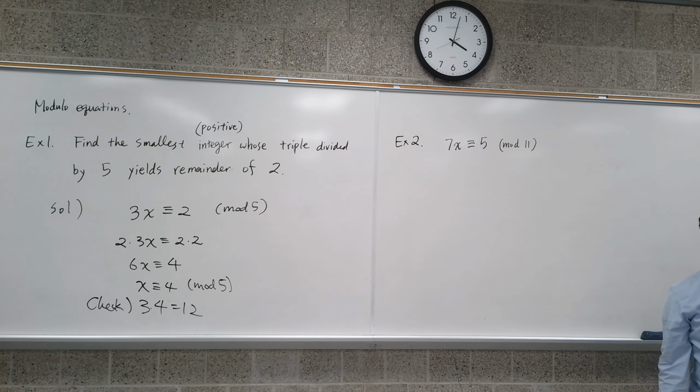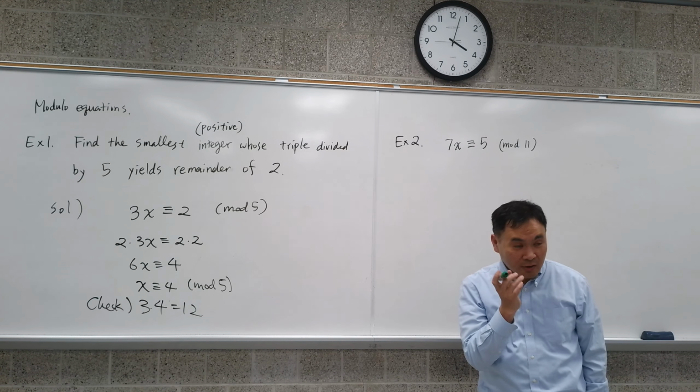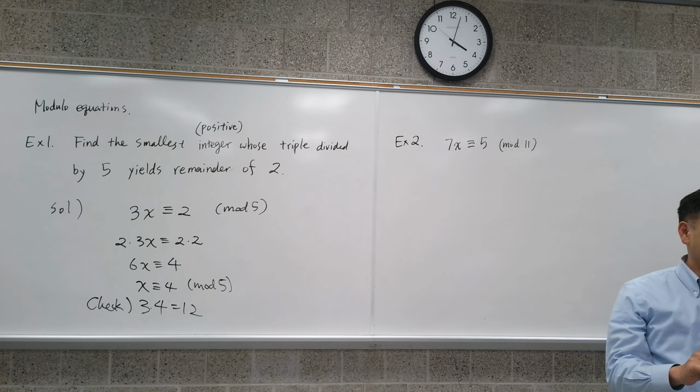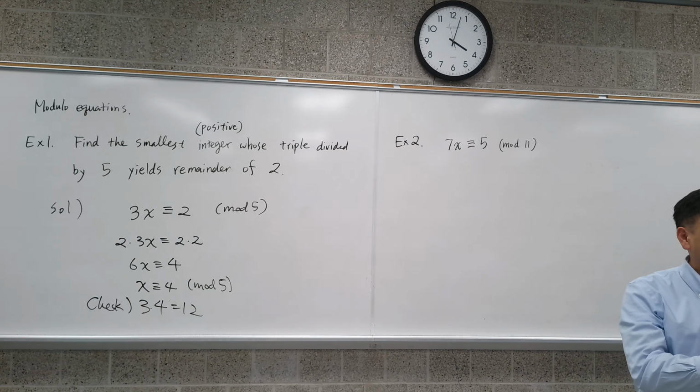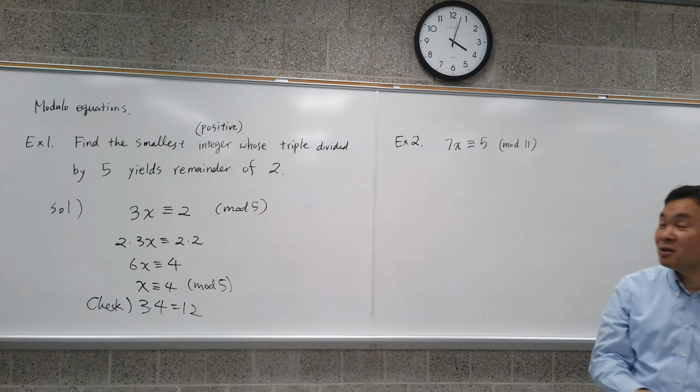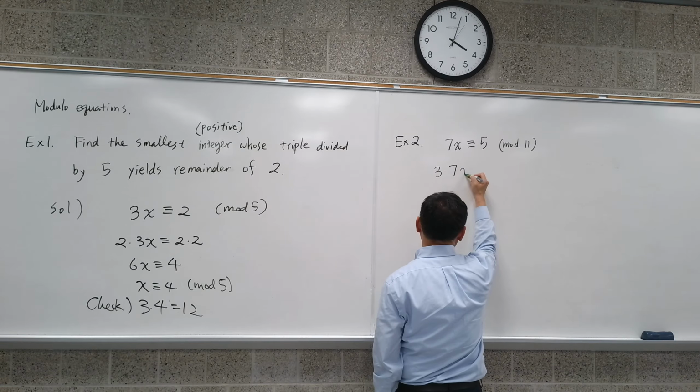There's something similar, but not exactly. Here's one you can try. If you do times 2, that's 14, which doesn't work, since it's congruent to 3. If you do times 3, what does that give you? You get 21, which is 10 mod 11. However, that's the same as -1. Isn't that true? So if you multiply by 3 on both sides,